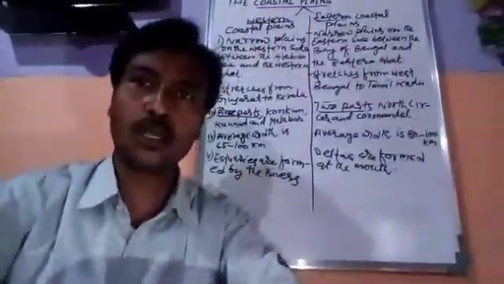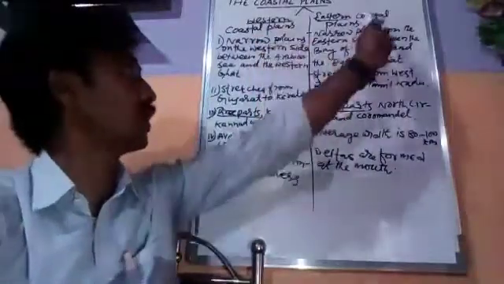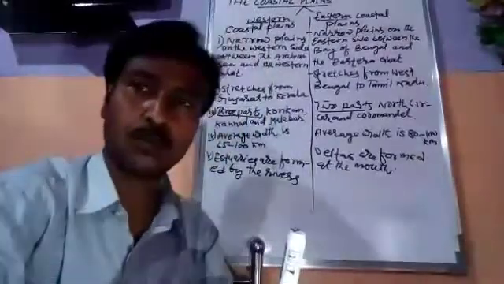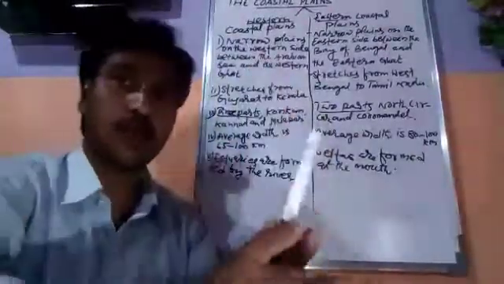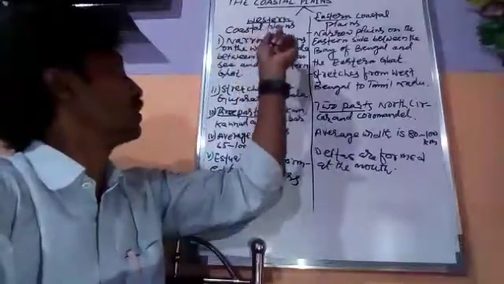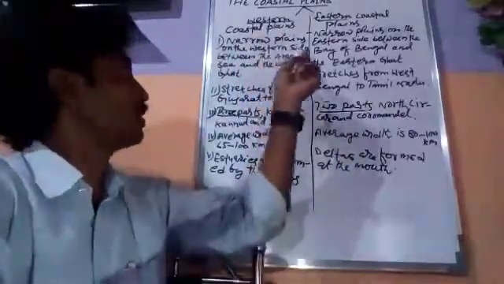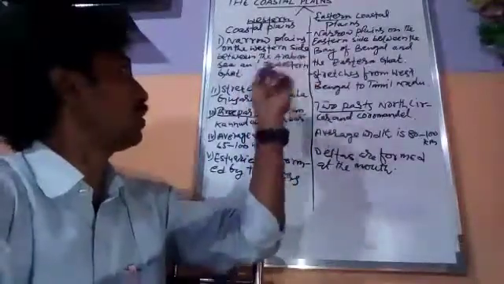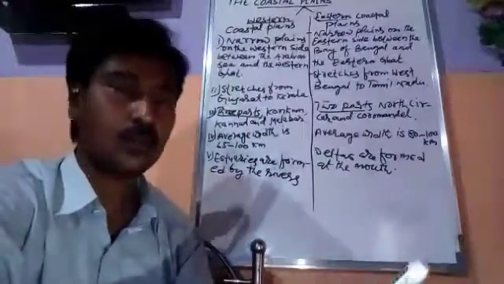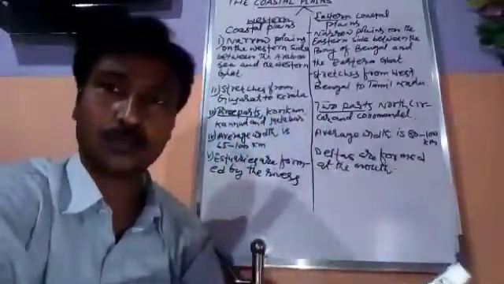As I told you that there are two coastal plains. One is the western coastal plain, other one is the eastern coastal plain. Students, these are the plains in India along with the northern plains. This western coastal plain is a narrow plain on the western side between the Arabian Sea and the Western Ghat. As I told you, it stretches from Gujarat to Kerala.